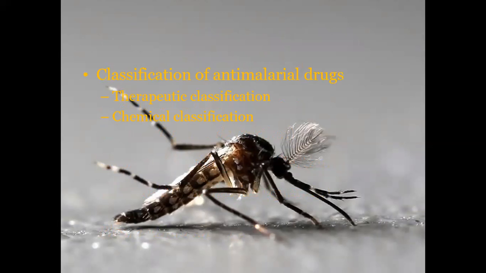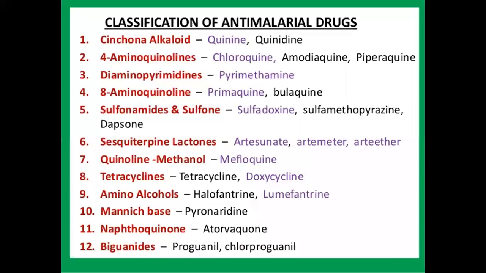If we classify chemically, the anti-malarial drugs are cinchona alkaloids like quinine, quinidine, then 4-aminoquinolines like chloroquine, piperaquine, then diaminopyrimidines like pyrimethamine, 8-aminoquinoline like primaquine, sulfonamides and sulfones like sulfadoxine, dapsone,